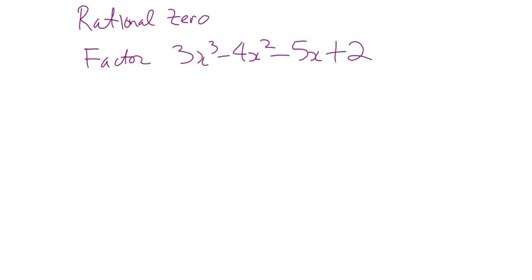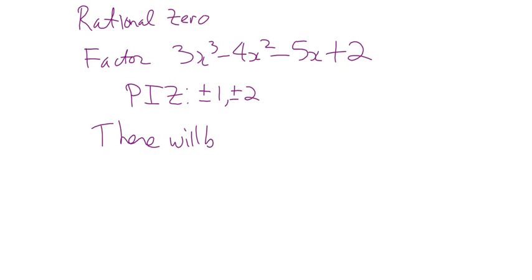Okay, so we know the possible integral zeros are what? Well, plus or minus 1, plus or minus 2. But we also know that one of the factors of this thing is going to be of the form, so there may be a factor, there will be a factor, I'll say there will be. But it's really there may be. There will be a factor of the form